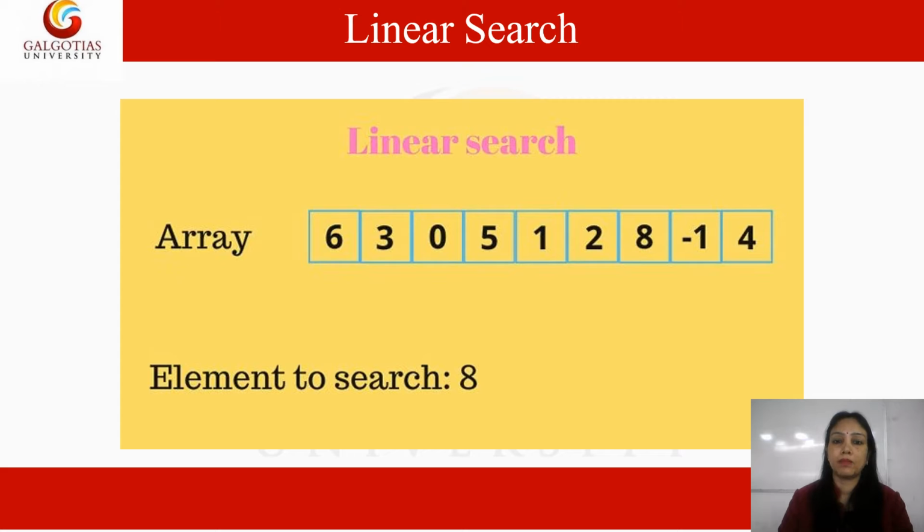So you just have to remember that for linear search, which is a type of sequential search, we are doing the search from starting to ending, or from ending to starting, means whatever starting point you are choosing, you have to go one by one. You cannot jump from one position to another.